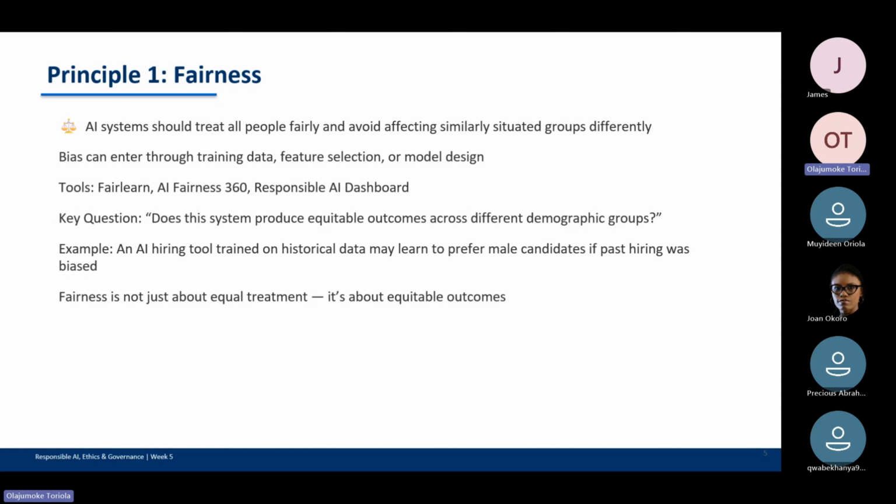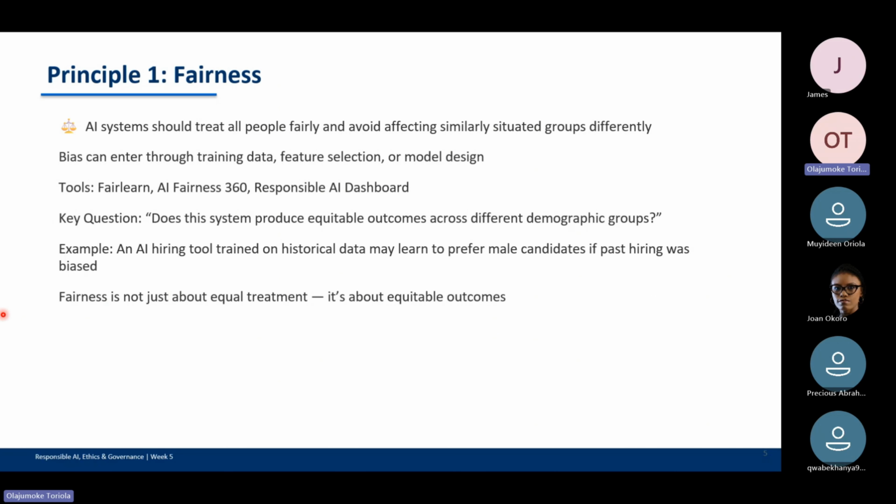And the last way that AI learns bias is through user interaction. So like I've said, you have 3 ways. You have the data bias, you have algorithm bias, and lastly, you have the user interaction.